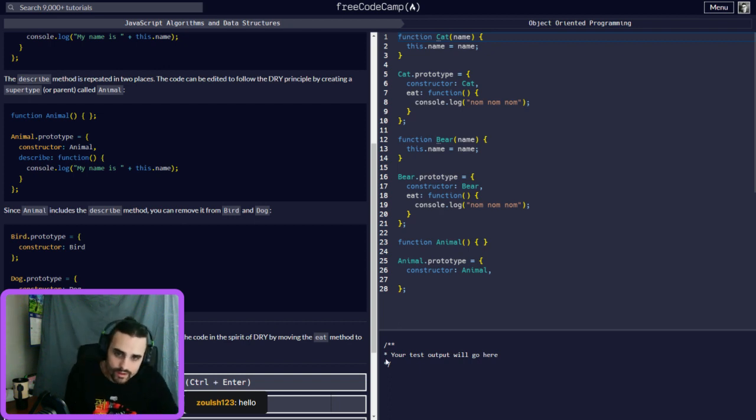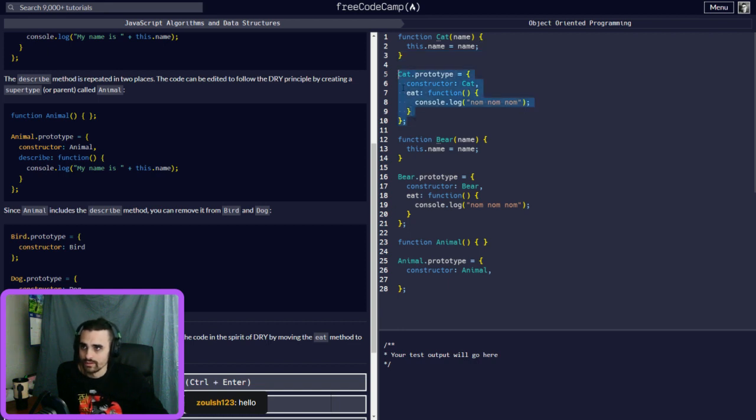Okay, I see what's happening, and this is what we were talking about in the previous one. It was kind of difficult to understand, but you have this function Cat right here, and then you have this prototype.